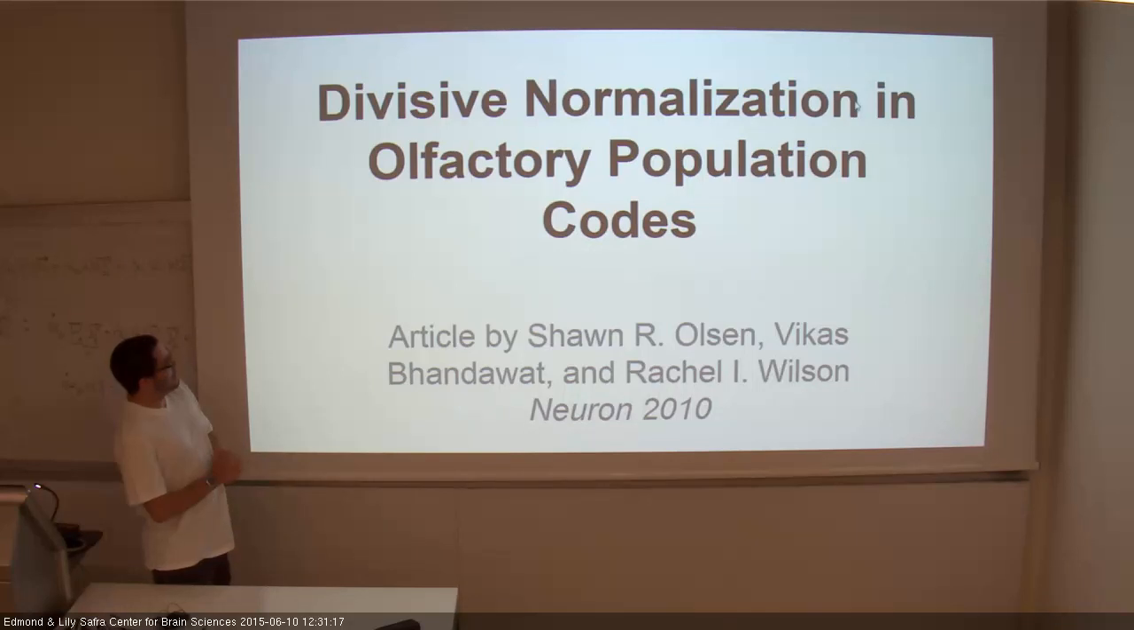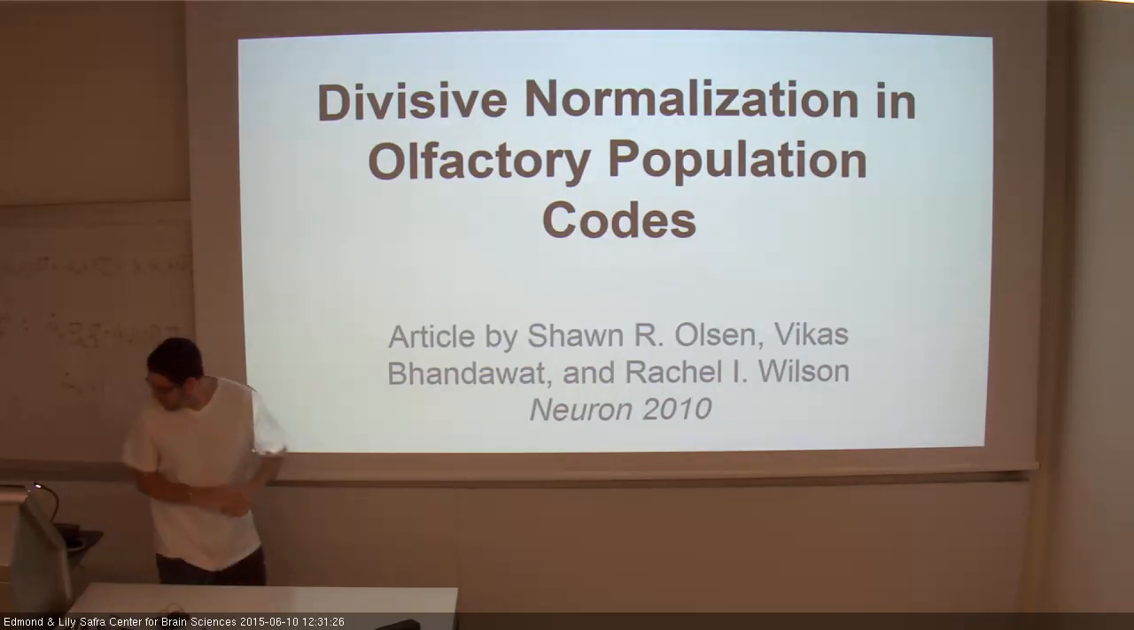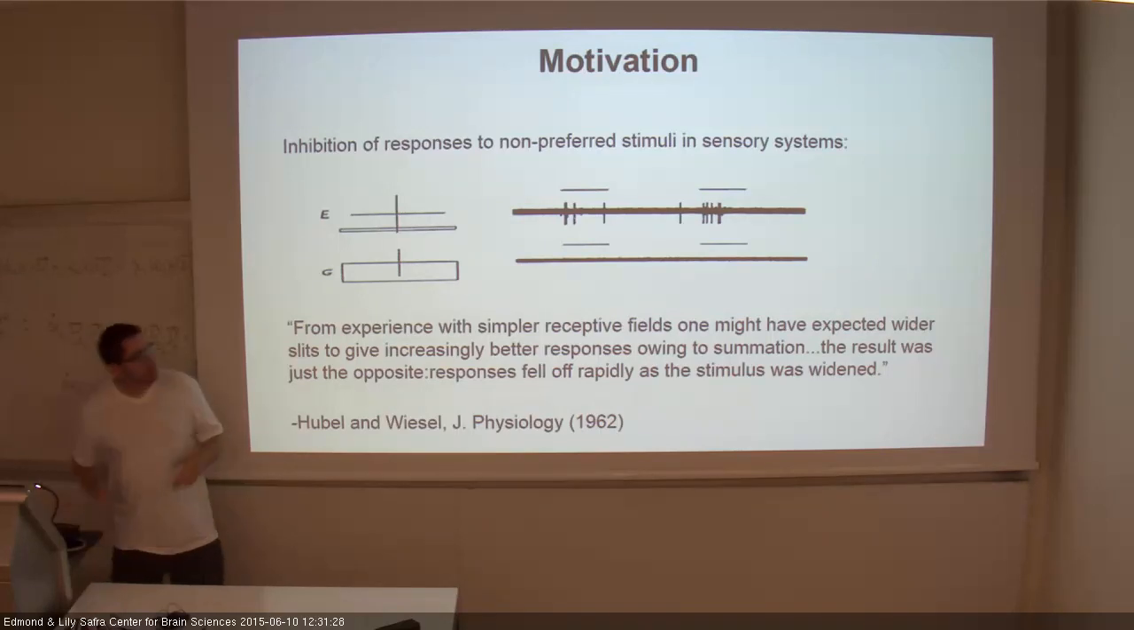So this paper is division normalization in olfactory population codes. It's a paper out of the lab of Rachel Wilson, who he has mentioned a number of times. First I want to talk about the general motivation, the broad goal of what we're interested in. In a variety of sensory systems, we have this phenomenon that if you have a neuron which is